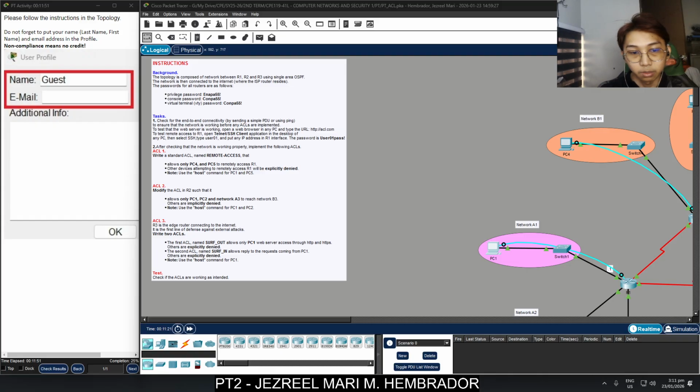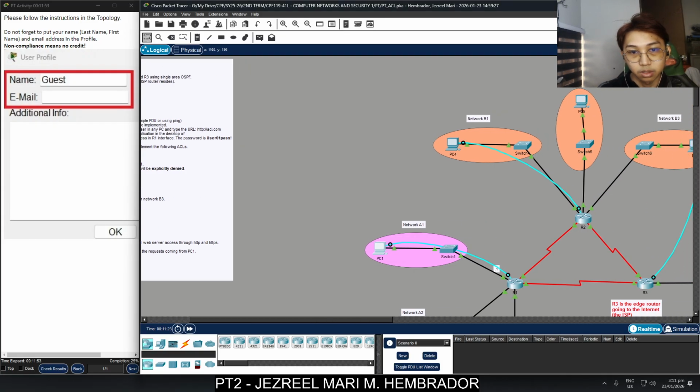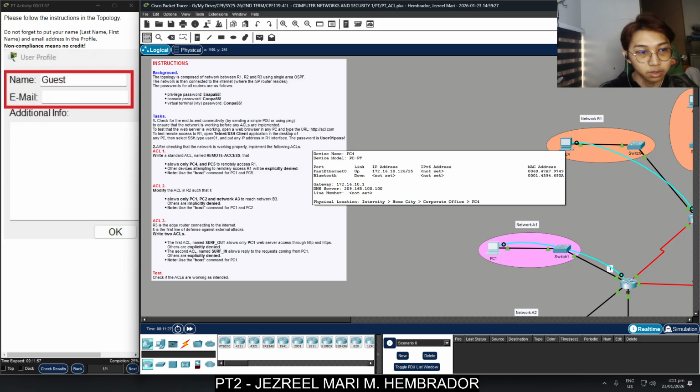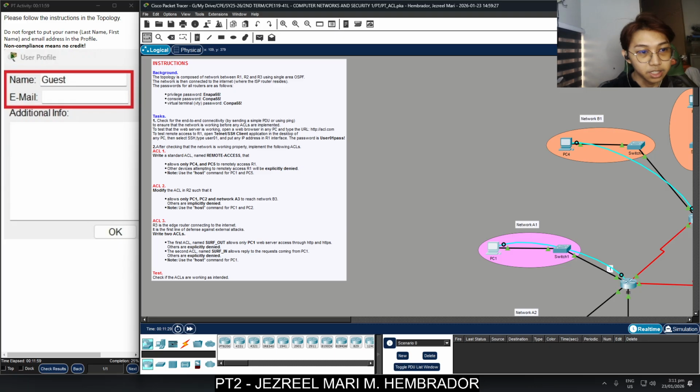Now we're moving on with router 2. So we're going to access PC4 to access router 2. Modify the ACL in R2 such that it allows only PC1, PC2, and network A3 to reach network B3. Others are implicitly denied.